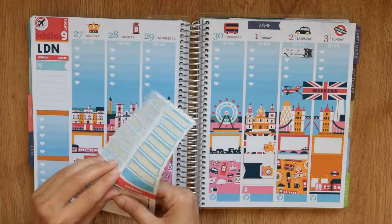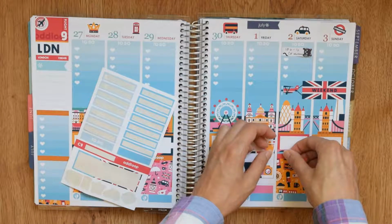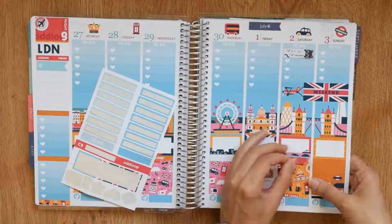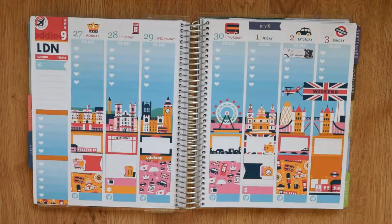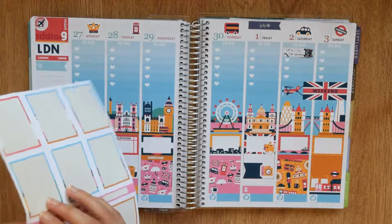I'm going to take this little red header and just fill in this spot over here. My thing is, if I have a to-do list in here, there aren't many other things that I need to put in here, so that's crooked. So I don't need to put a ton of stickers, and it ends up being a lot of decoration. Alright, I'm going to go ahead and write in everything, because that's usually when I figure out what I'm missing, and I will be, again, I keep looking at this and I'm like, wait, there's a solution. I'm going to take these two headers and just